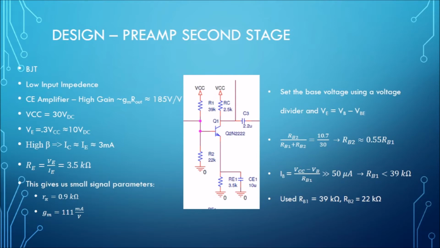Now the output resistance of this configuration is 2.5 kilo ohms. That's all right because we have a 5 kilo ohm load to this stage, so we don't have any problems with that loading effect. We could also have made some decisions about RC based on the total amount of output swing we could allow. As is, with IC being 3 milliamps and RC being 2.5K, that gives us about 7.25